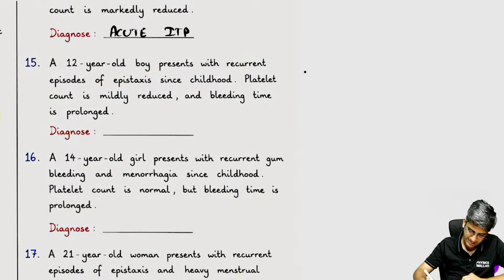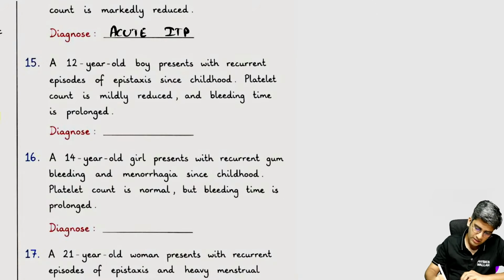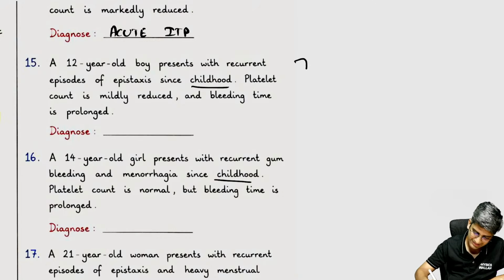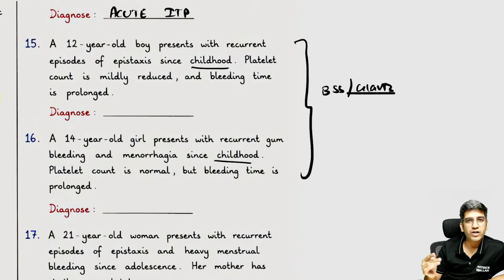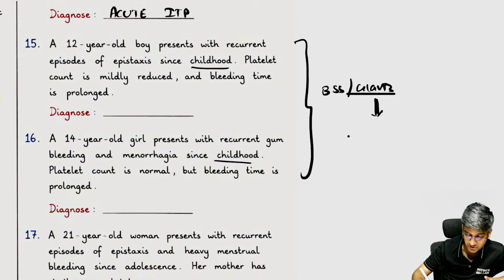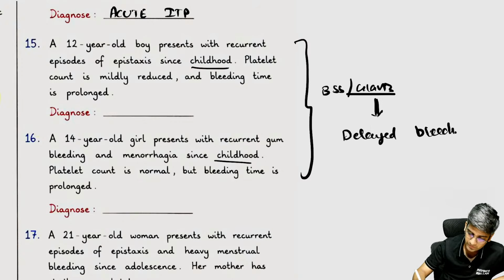See, these two are a bit difficult to identify, since childhood, right? These are for your Bernard-Soulier syndrome and Glanzmann thrombasthenia. Cannot create a perfect history for it. You can diagnose them only on investigation, so don't mind if you make mistakes in this. But a very important clue: Glanzmann thrombasthenia can have a very significant history of delayed bleeding from the umbilical cord. That can point to Glanzmann thrombasthenia. That's one of the important clues here.